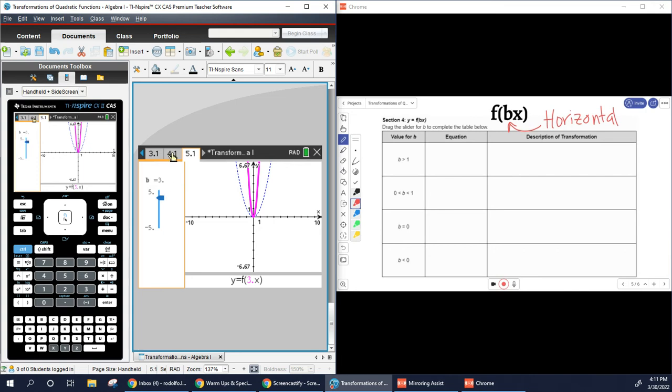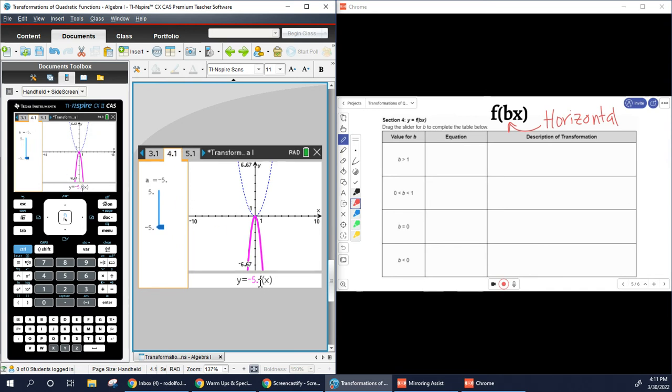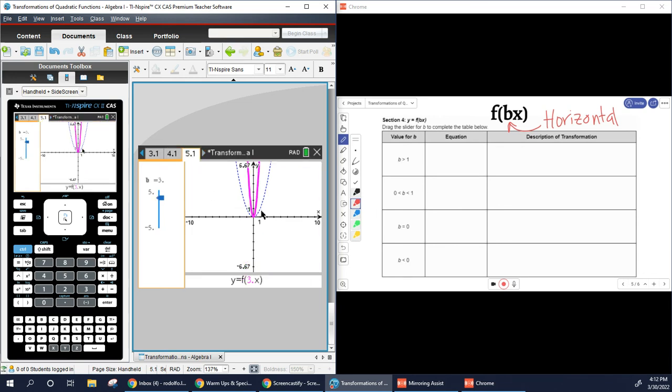Previously, we were multiplying it on the outside. What were we affecting? We were affecting the y value, the f of x. When you're affecting the y value, y's are vertical. X's are horizontal. Okay? So we're going to talk about the same transformations, but now we're going to talk about